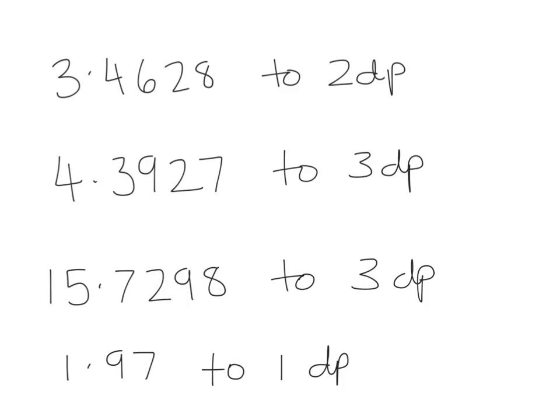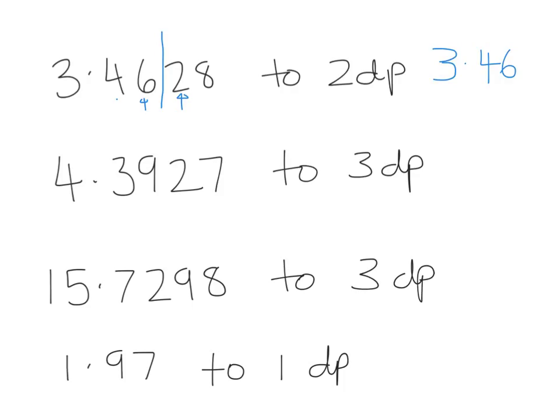So if I want to round 3.4628 to 2 decimal places, to help me out, what I'm going to do is count along two digits after the decimal place. So 1, 2, and I'm going to put a line. All that line does is help me remember where I'm interested in being. So, I need to look at this 2. If you remember on the last slide, we said that 0, 1, 2, 3 and 4 tell me to leave things alone. I'm not going to have to change this 6 here because just after the line I've got a 2. So to 2 decimal places, we've got